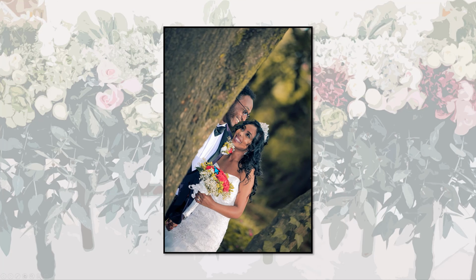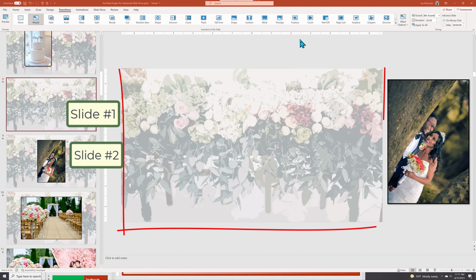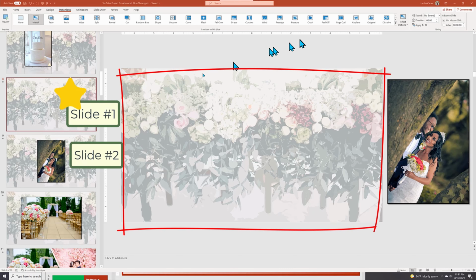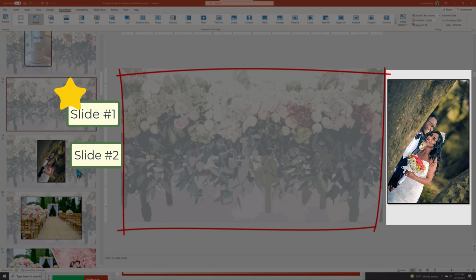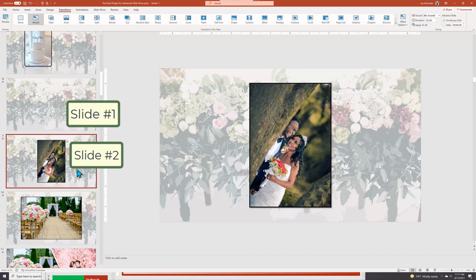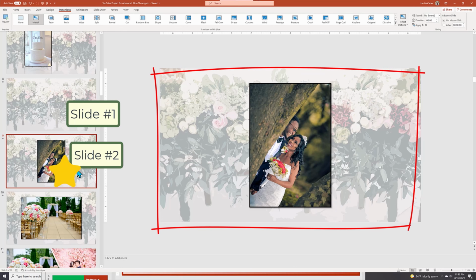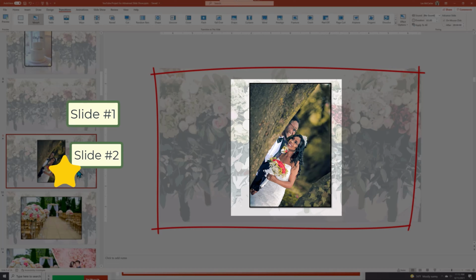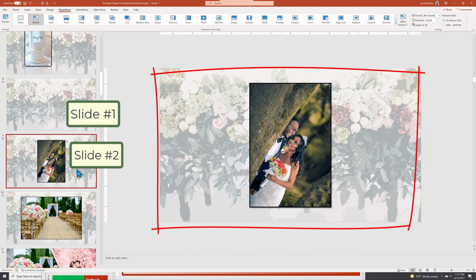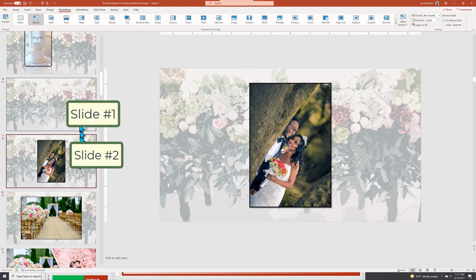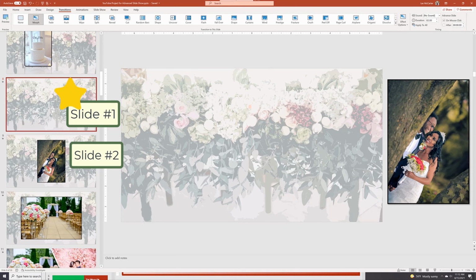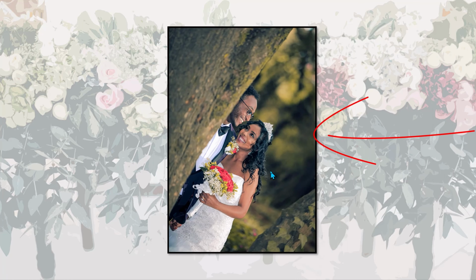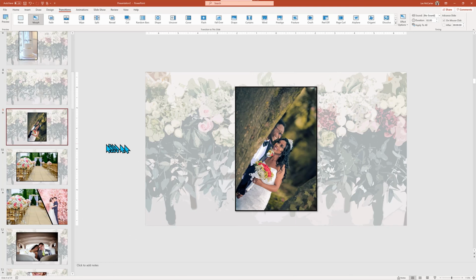Let's see how this was set up again. Here is the first empty looking slide with the picture on the far right, off stage. And here is the following slide with the same, and it must be the same picture, now moved to the middle of the slide. The morph transition will see these two identical objects, and as we move between slides, it will motion move them to the new location. Now, let's get even fancier with the morph transition.